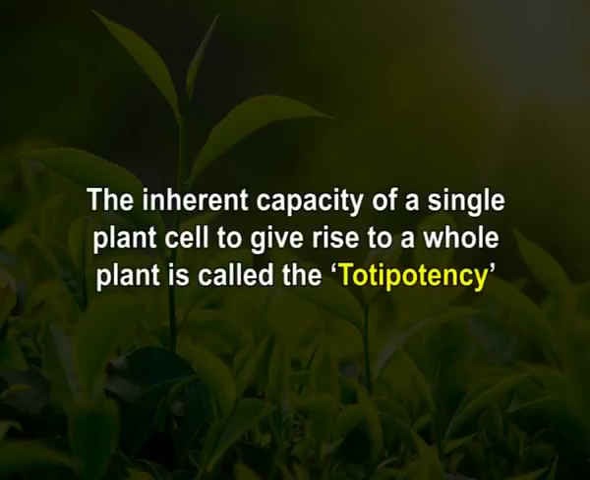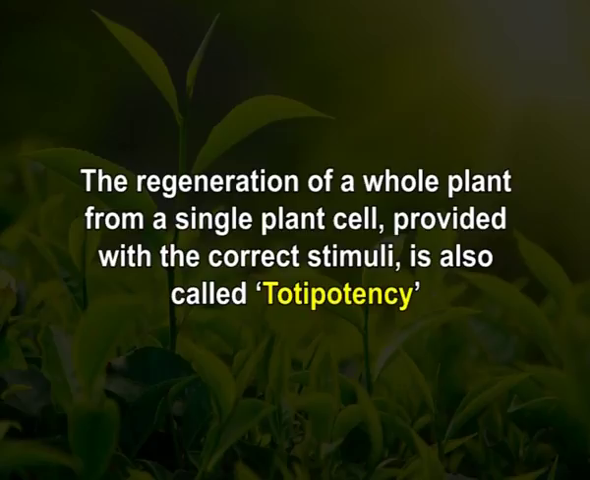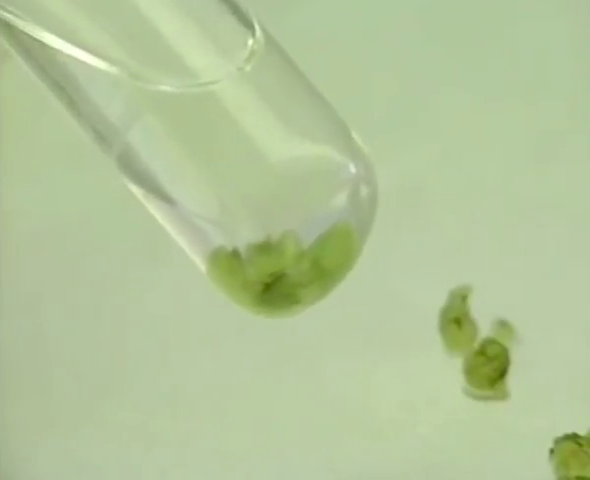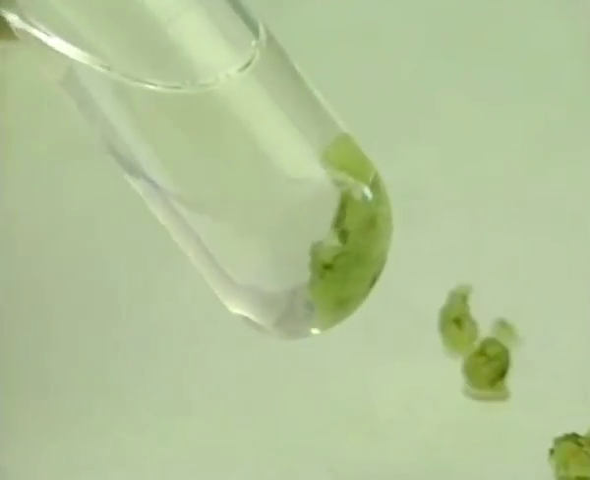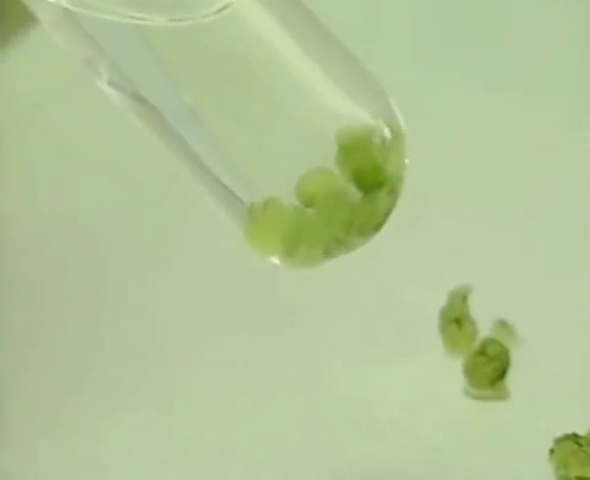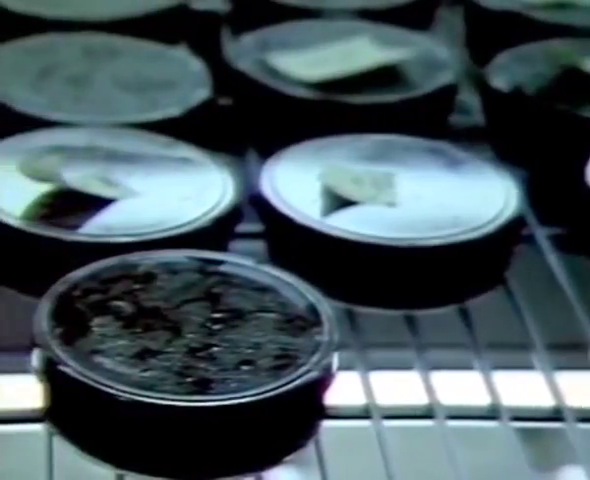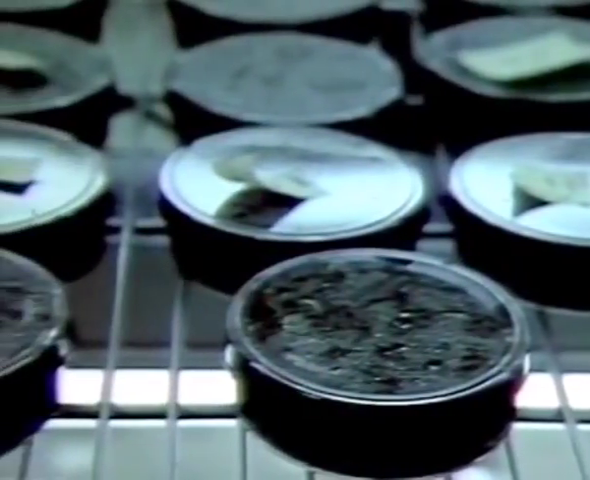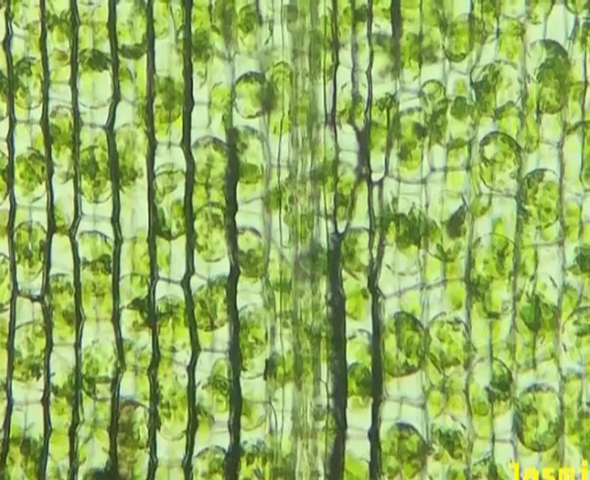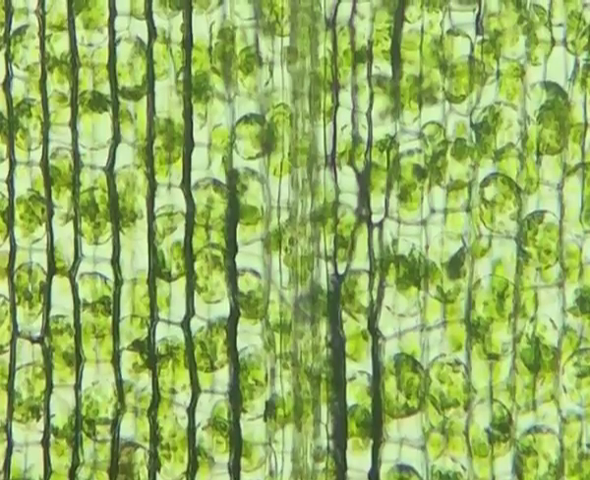The inherent capacity of a single plant cell to give rise to a whole plant is called totipotency. Otherwise, the regeneration of a whole plant from a single plant cell provided with the correct stimuli is also called totipotency. Plant tissue culture technique is effective because almost all plant cells are totipotent. Each cell has the genetic information and cellular machinery necessary to generate the whole organism. Totipotency is generally exposed when cells or tissues are disturbed or removed from their normal environment and placed onto artificial